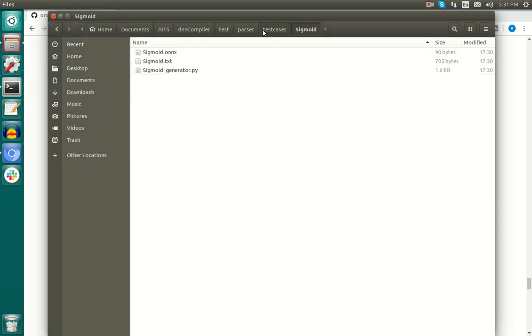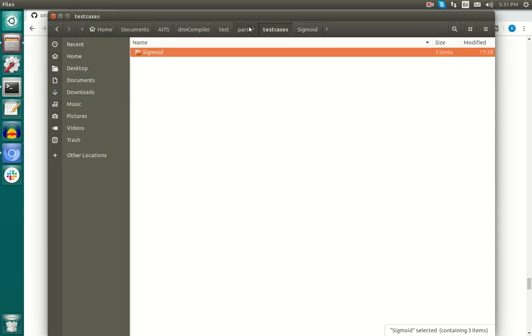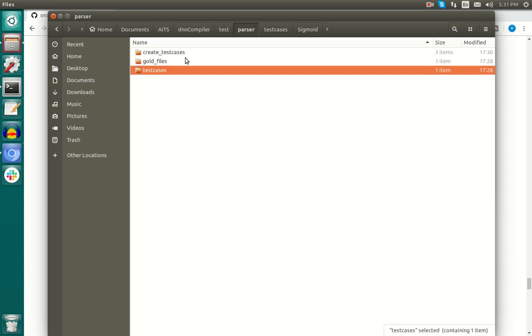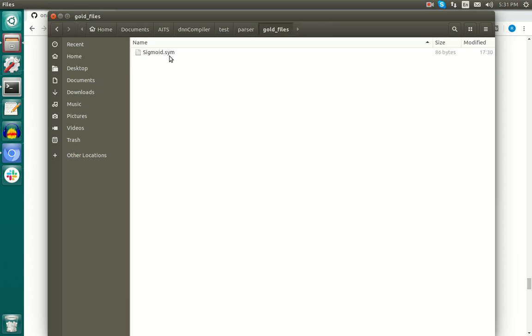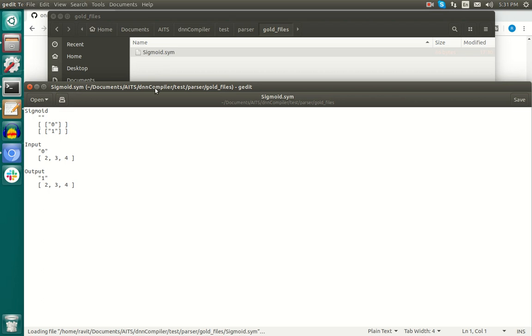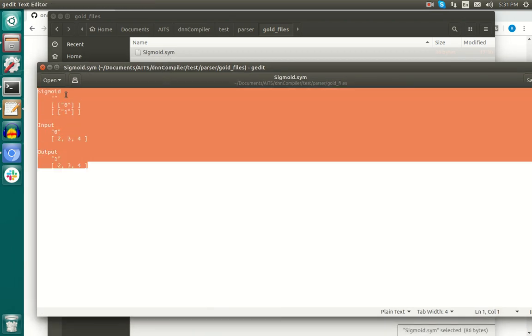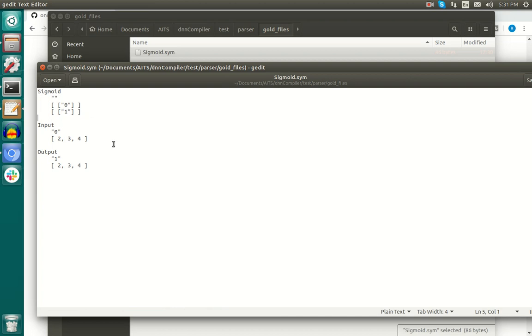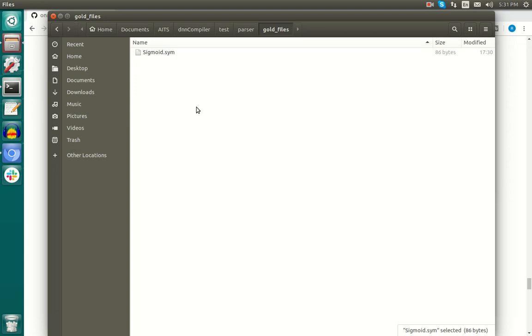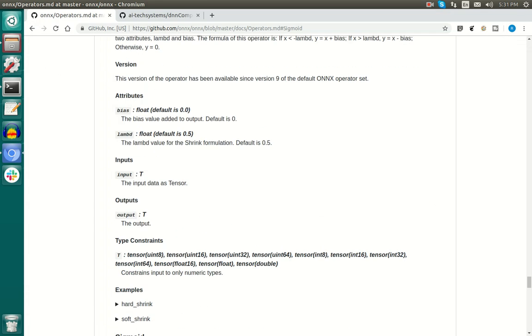So the other output, as I mentioned, was the .sim output. And that is in the gold files folder. So if you click on sigmoid.sim, we see that this is the symbol table representation in the syntax in the documentation. So let's do another example right here, the first operator,